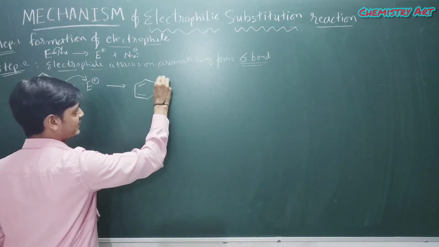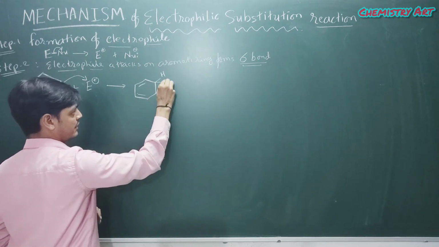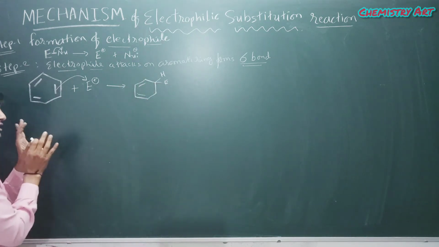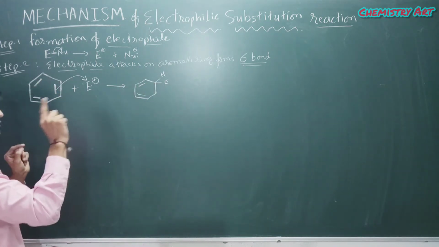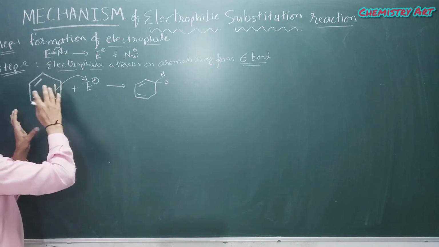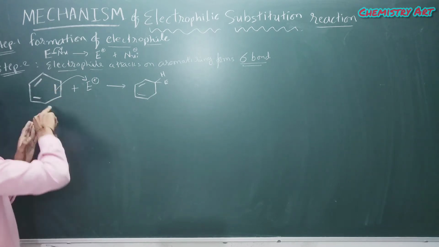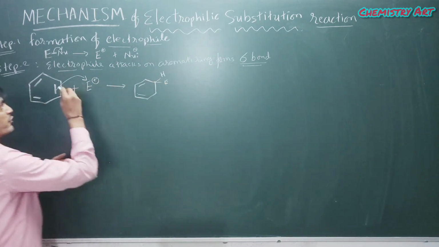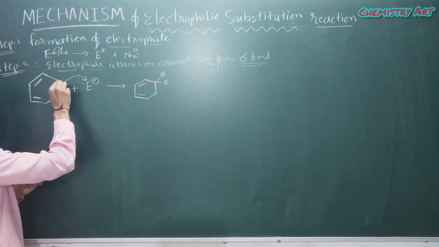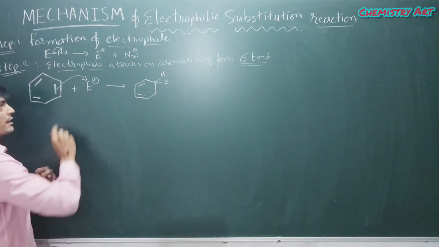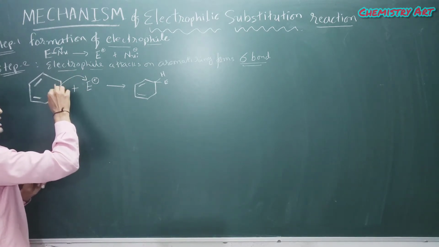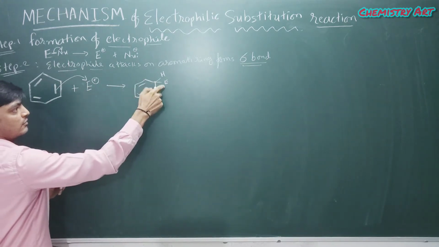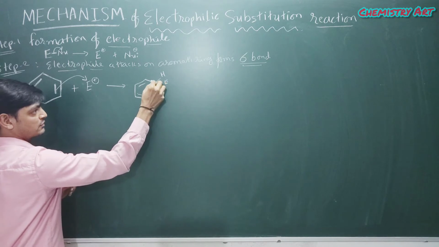So we can write H and E, with H as it is. See, I already told you all the carbons have 1 hydrogen. We are not representing it here, but it is there. And here we are representing it because I want to calculate the valency of this carbon. Before, it was 1, 2, 3 and 1 hydrogen, so 4. Now after donation of these 2 pi electrons to this electrophile, the valency of this carbon remains 1, 2, 3, 4, the same.